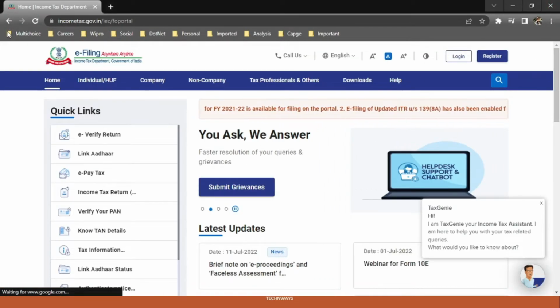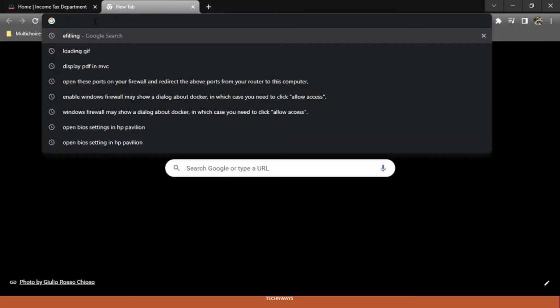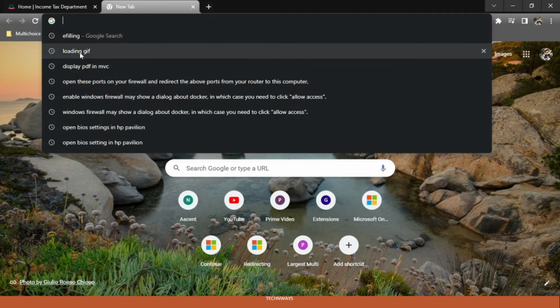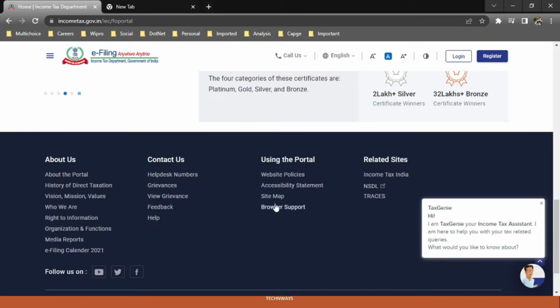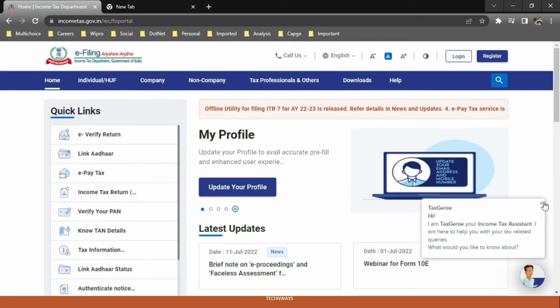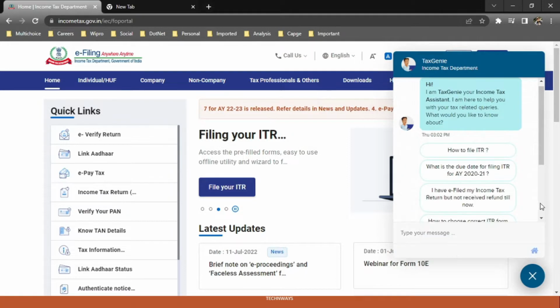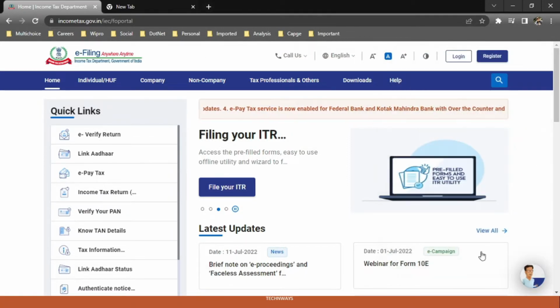I will give you this link in the description so you can reach it. Earlier you could also go directly through e-filing. This is incometax.gov.in. The site structure earlier was different, but this time it is a newly made website. I think Infosys made this. So what firstly you need to do,